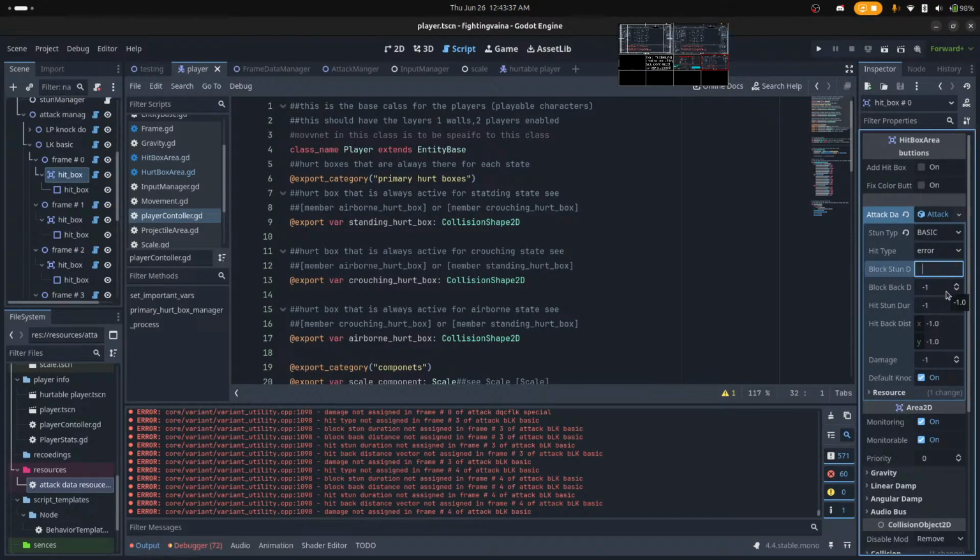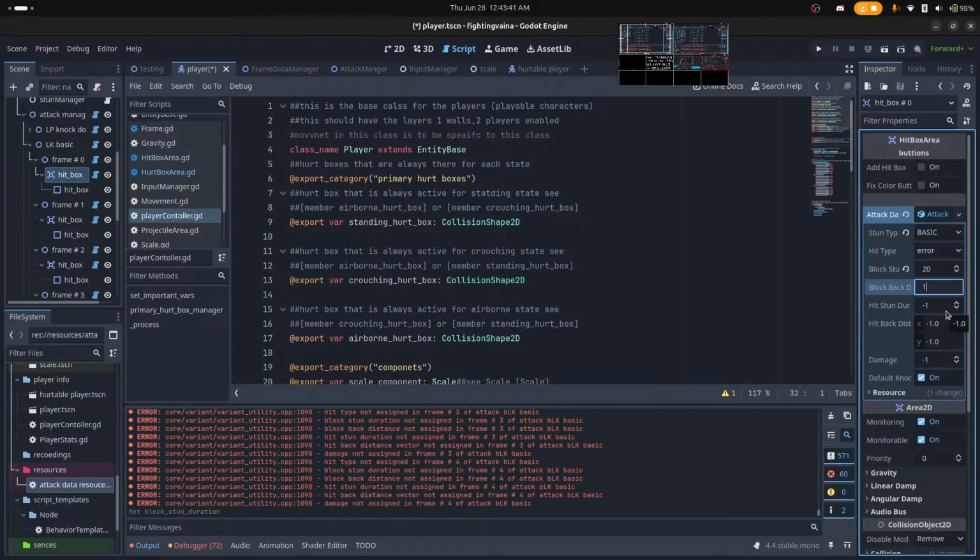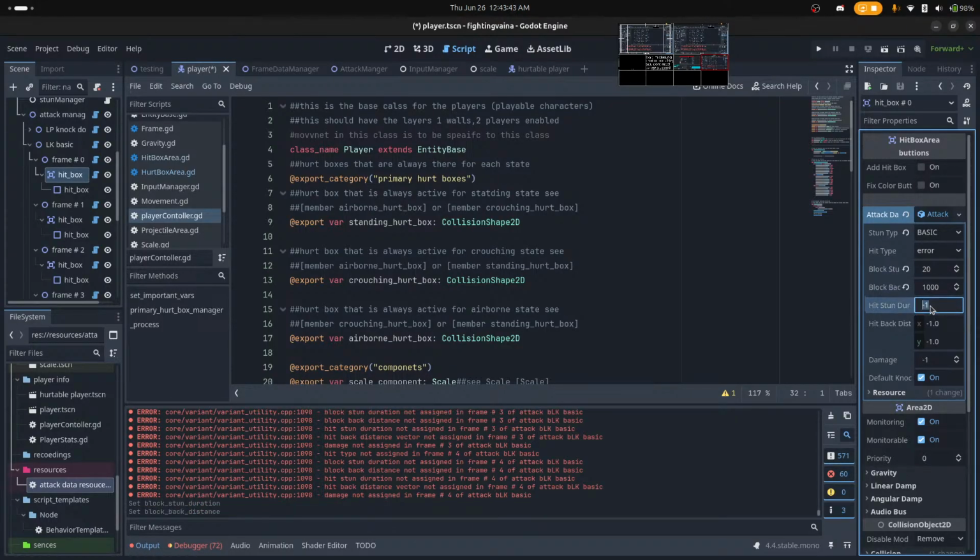Block stun duration 20. Block back distance, let's go with 1,000. Hit stun, let's go with 1,000. That's duration, so let's go with 40 here. Hopefully that's noticeable. Actually, let's go with 100 frames. Hit back distance 1000.